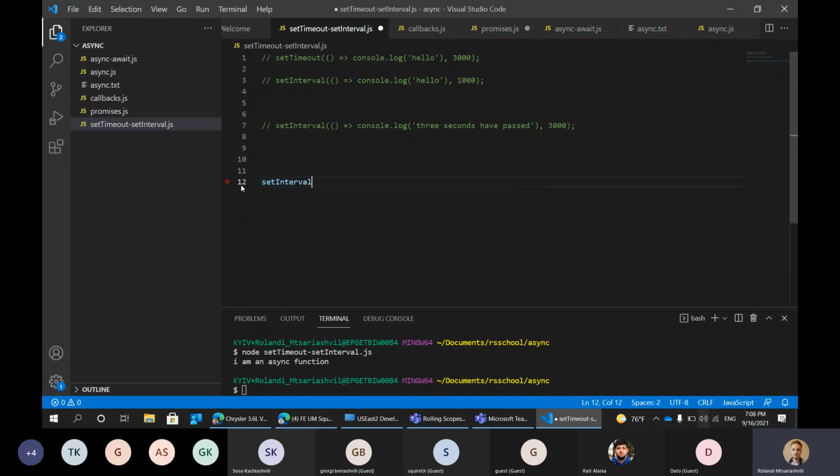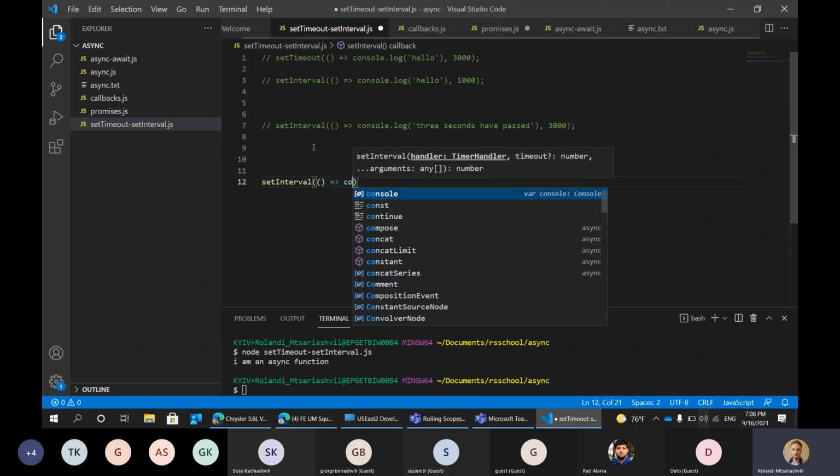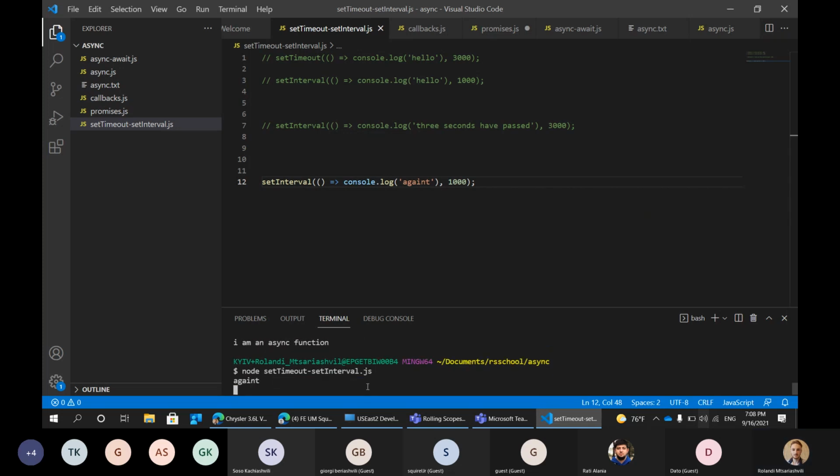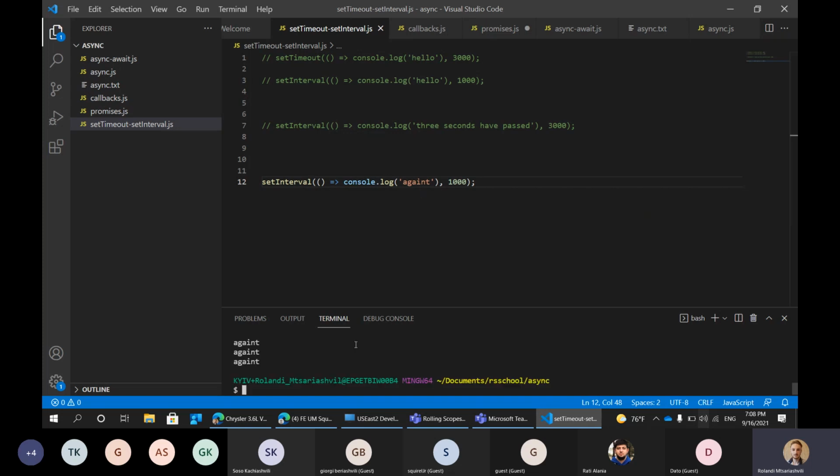setInterval is almost the same, but it is going to console.log whatever we passed time after time. So for example, if I pass a function which console.logs again, and then I pass 1 second here, and then I just run this, I'm going to hear it again and again, time after time. So logically, there should be a way to stop everything, right? That's why both setInterval and setTimeout by themselves return